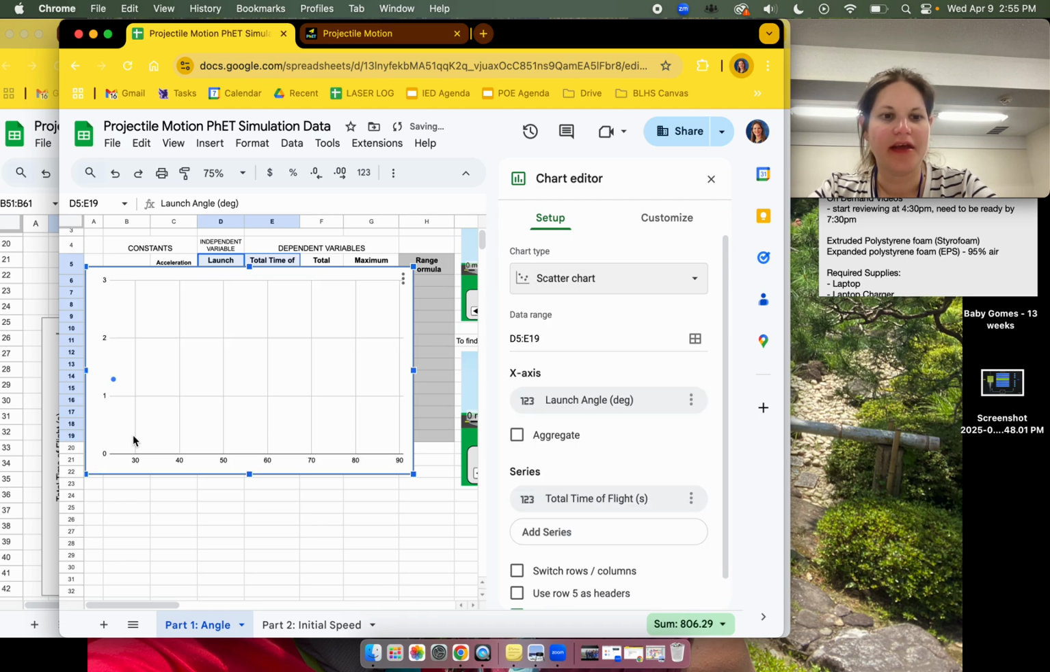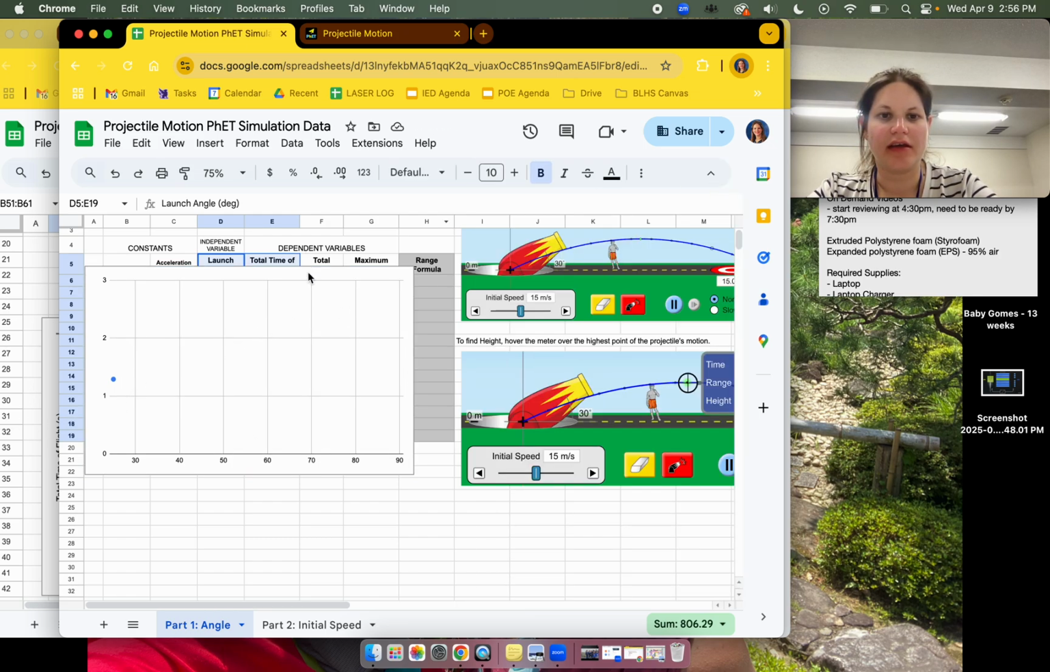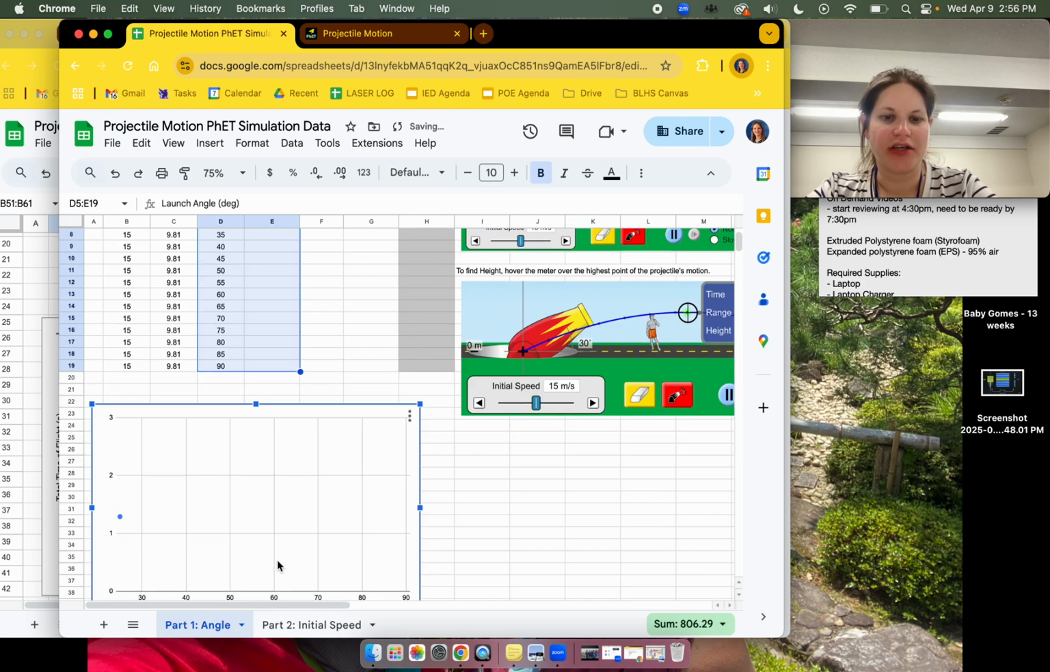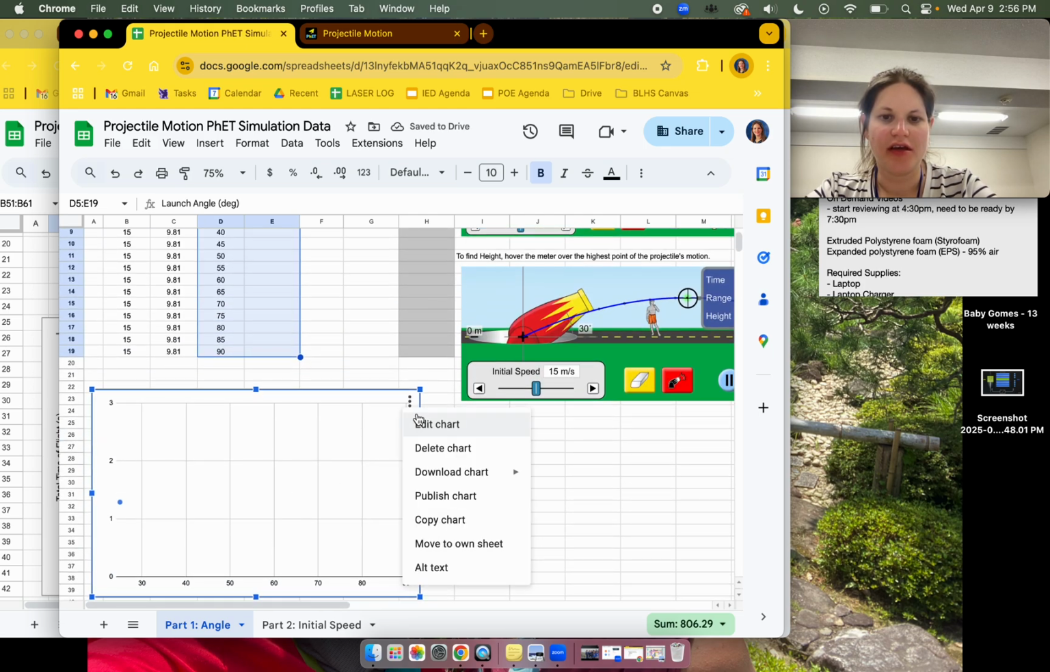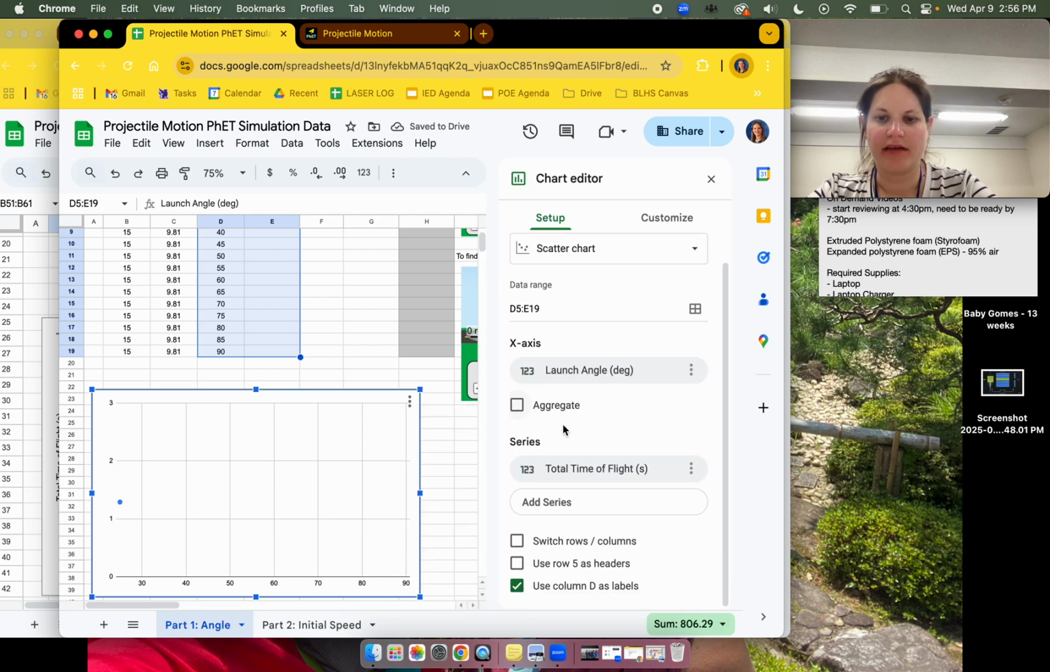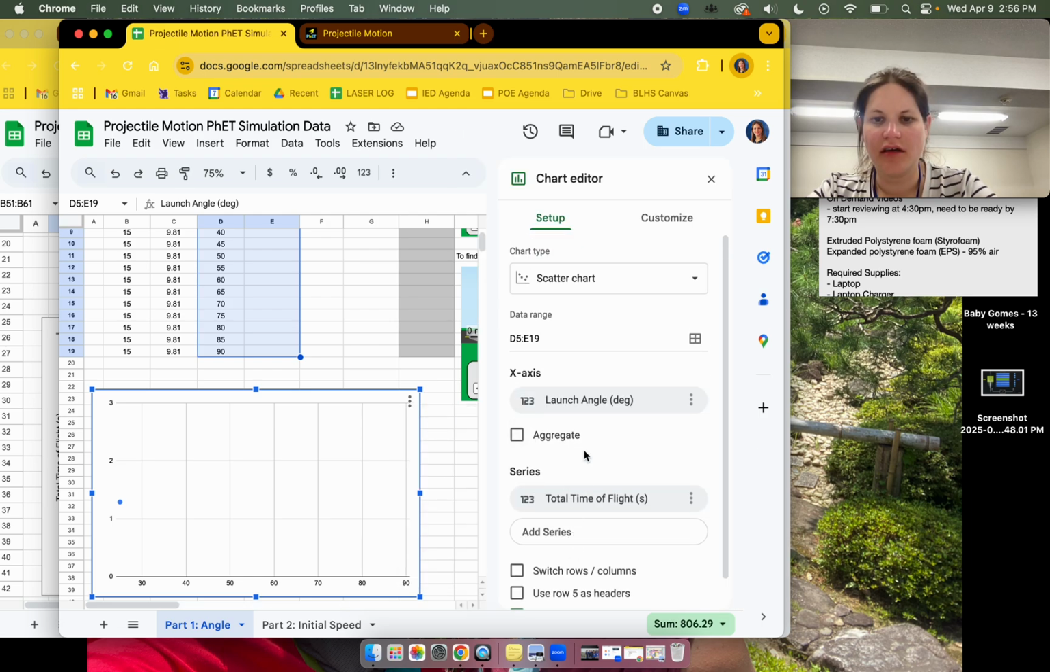Scatter plot, okay. There we go. And then over time, as you're increasing that angle up to 90 degrees, you should see a pattern happening there. And that is going to be your graph for launch angle versus time of flight. You might, if it doesn't automatically put in the title,